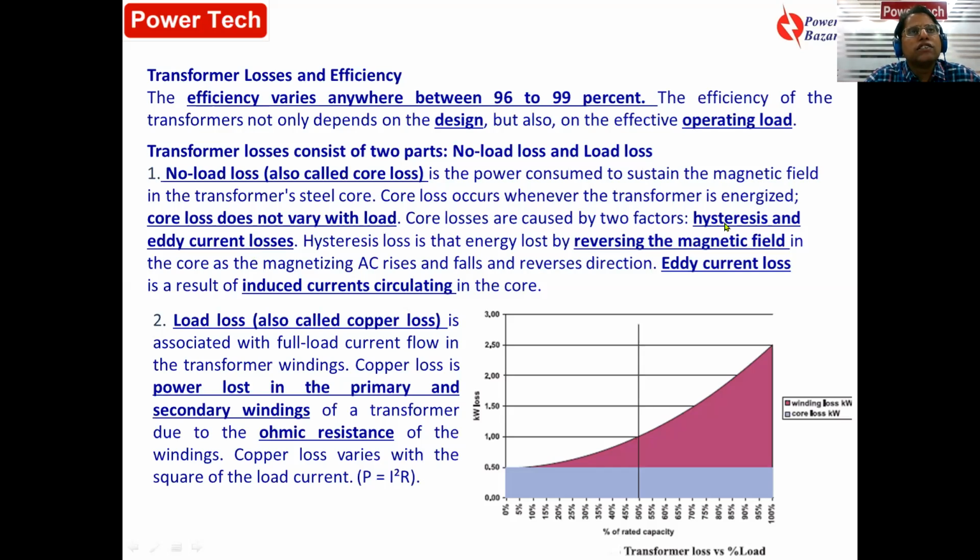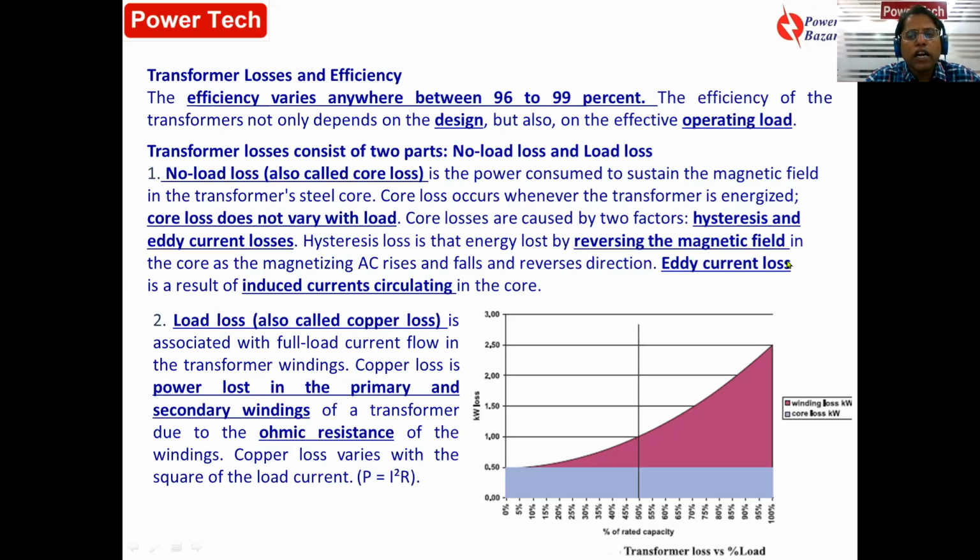To minimize hysteresis loss, you have to use good quality material having good permeability. That means magnetic flux can be easily created and can be easily reversed. For reducing eddy current loss, you have to laminate the core. That means you have to separate the core. You have to use thinner material so that the resistance will be very high and the circulating current will not be produced. You have to cut slices of iron plate which are joined together so that it will reduce eddy current loss.